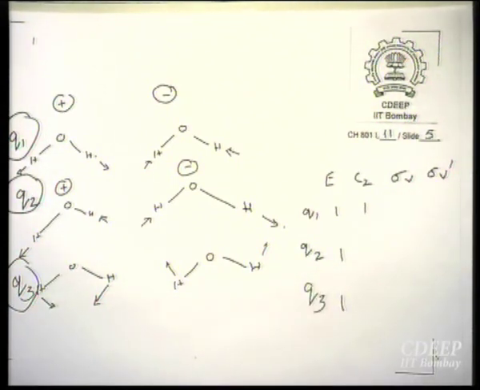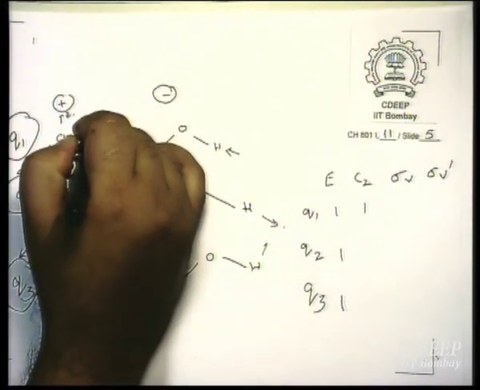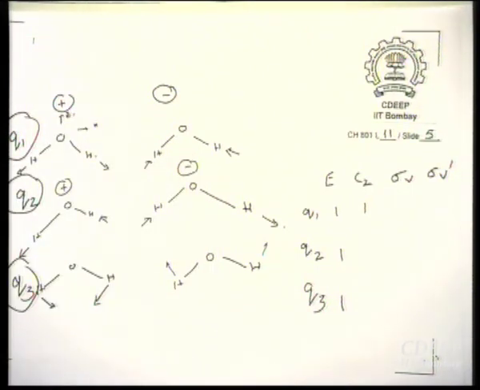What about sigma V? Where is sigma V? Okay, this is Z, this is X, and so Y has to be on the other side, perpendicular to the plane of the paper. All right. Sigma V is Zx, sigma V dashed is Yz. Okay. Now tell me, what is the character of sigma V for Q1? Are you all convinced it's 1?